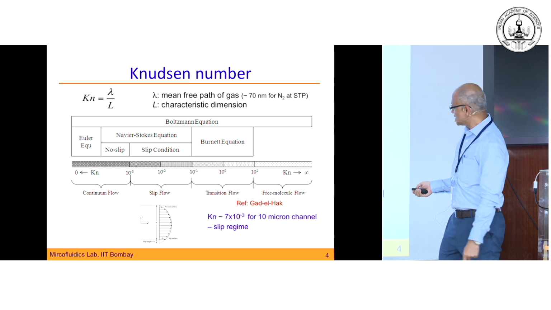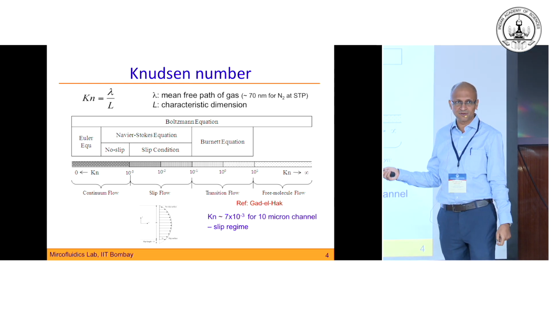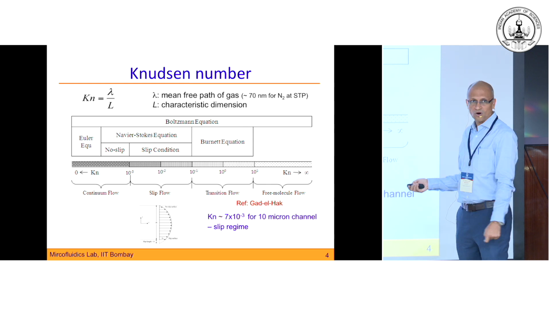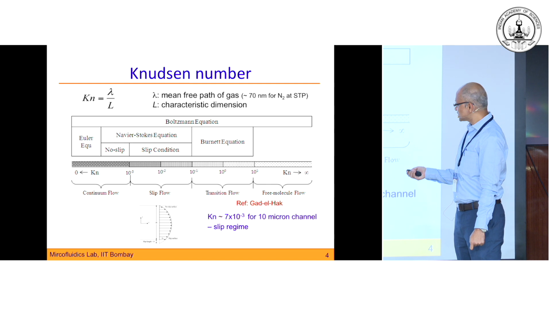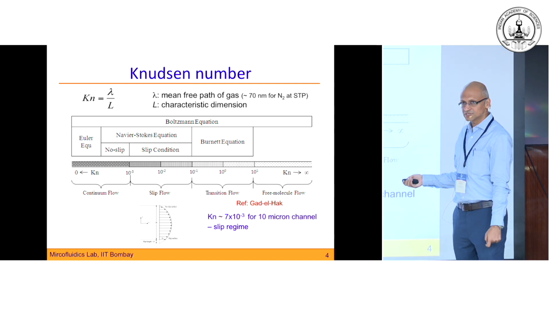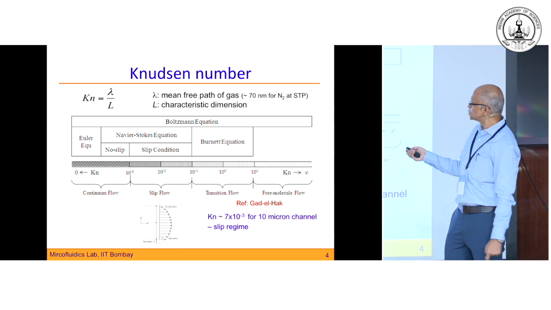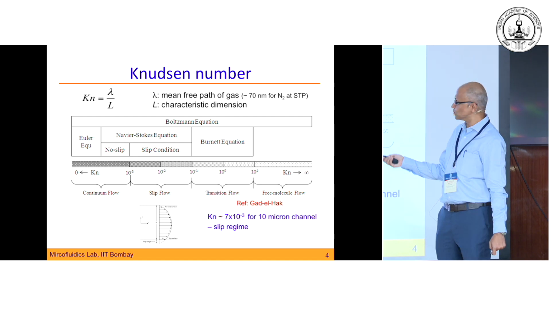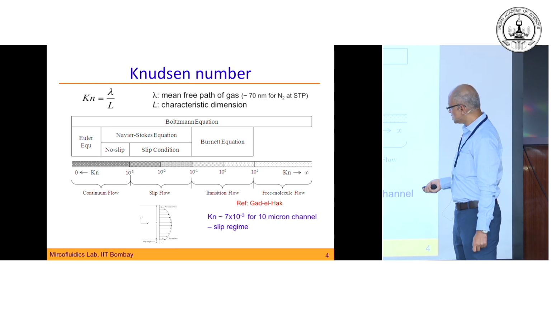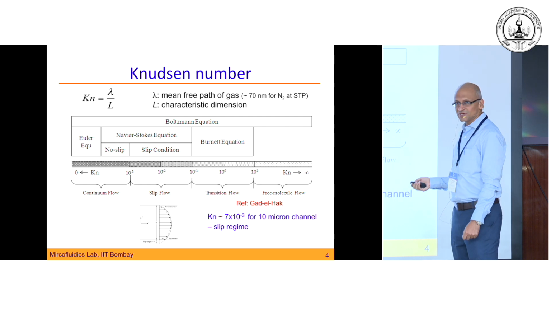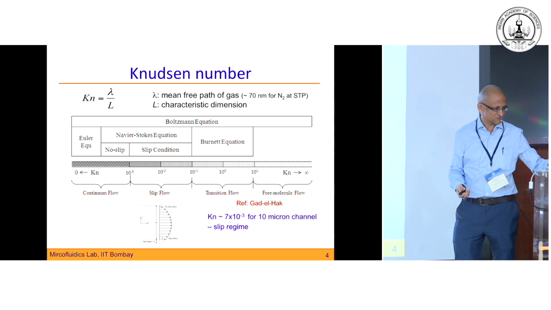But now what happens is when the two length scales start becoming comparable, so you start moving on this Knudsen number scale towards the right, and specifically you go through these regimes, the so-called slip regime and the transition regime, where, for example, in the transition regime we have a Knudsen number of order 1. That means that both of them are of comparable magnitude. So this is where we clearly see that Navier-Stokes has difficulties in modeling these sorts of flows.